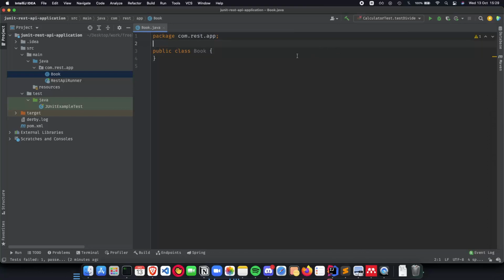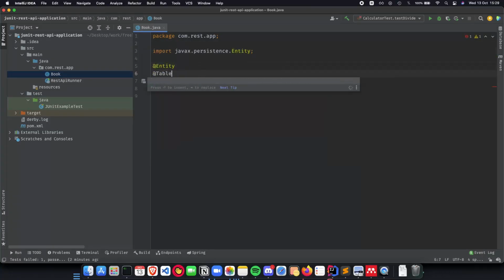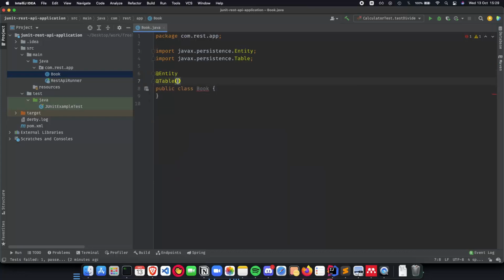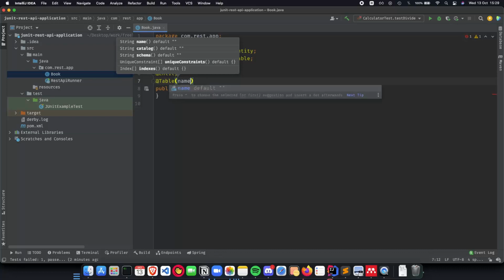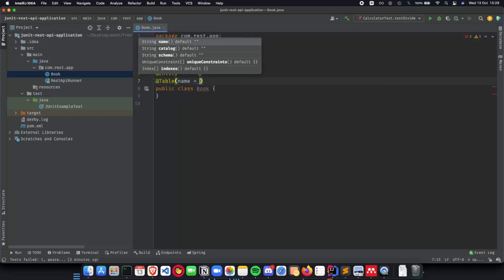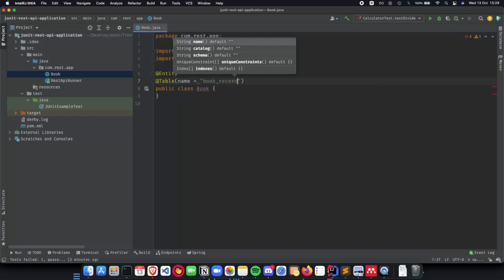What we do is first have annotations here. So we have entity. Next we have table, and let's give the table a name. So name book record.